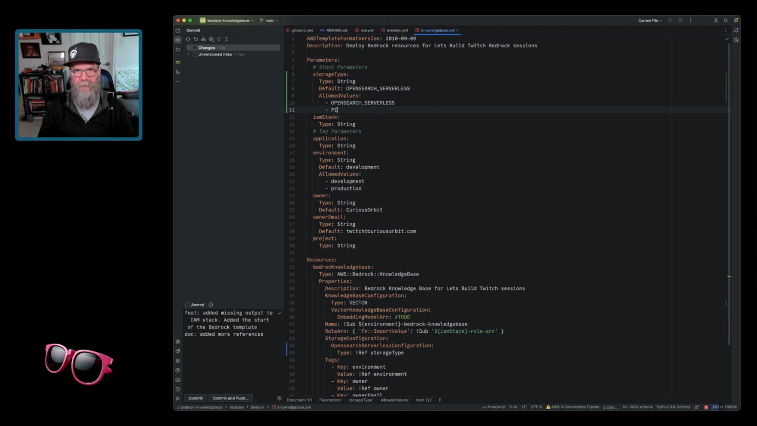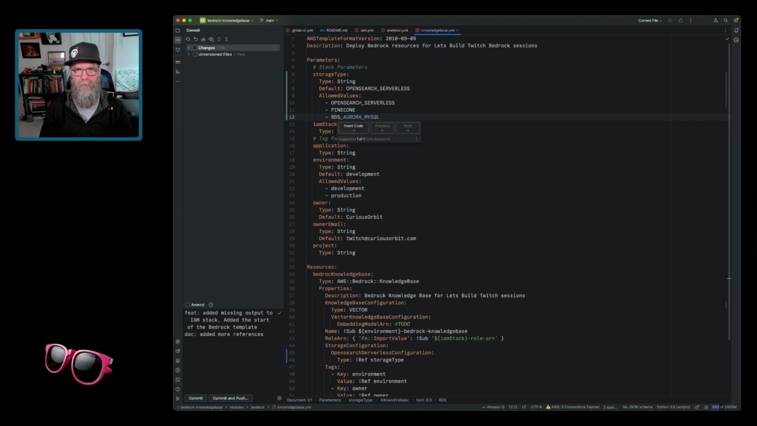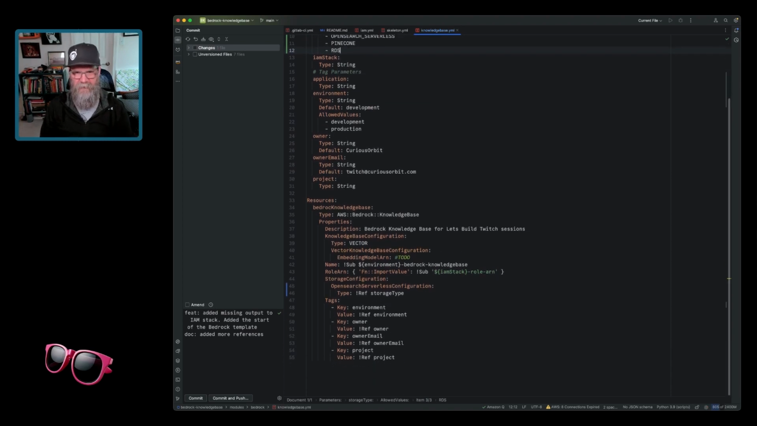And then, as I mentioned, it also supports Pinecone and RDS. So we set that up. That way, we're trying to make something that doesn't have hard-coded things wherever we can. So let's have a look at what we need in the OpenSearch